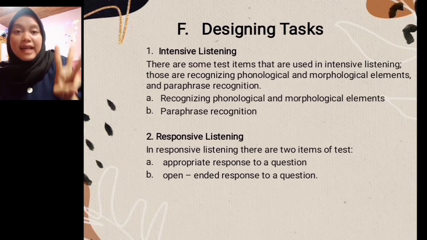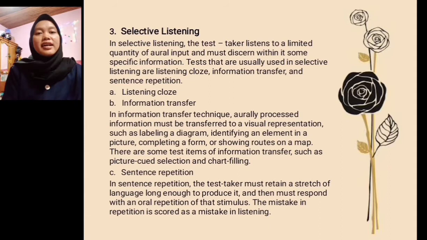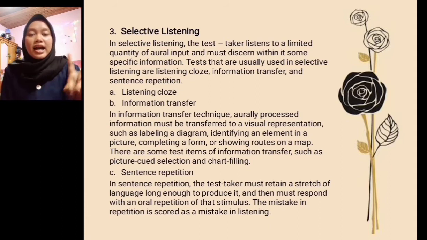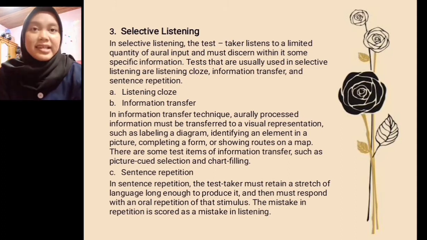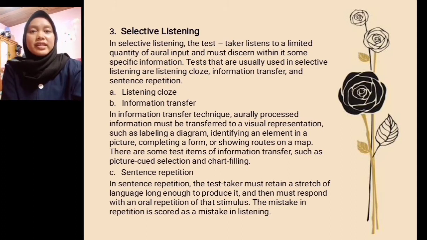The third design is selective listening. In selective listening, there are three kinds. The first is listening close. For listening close ini,